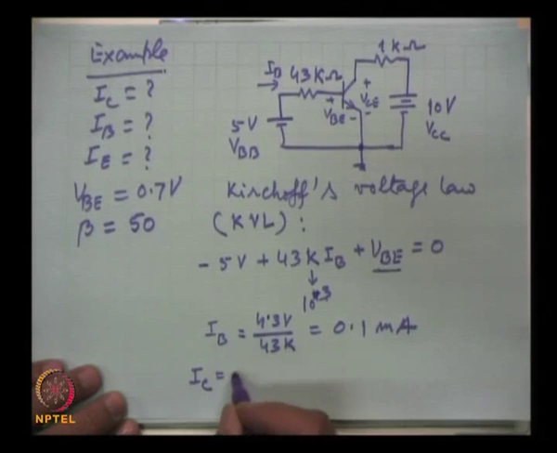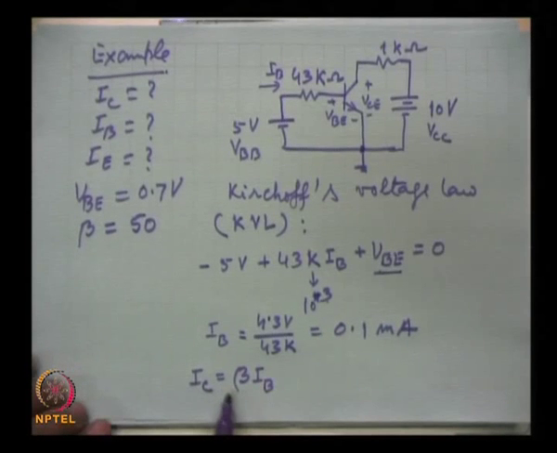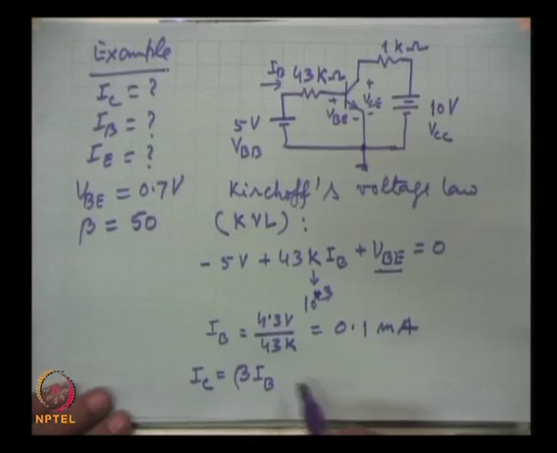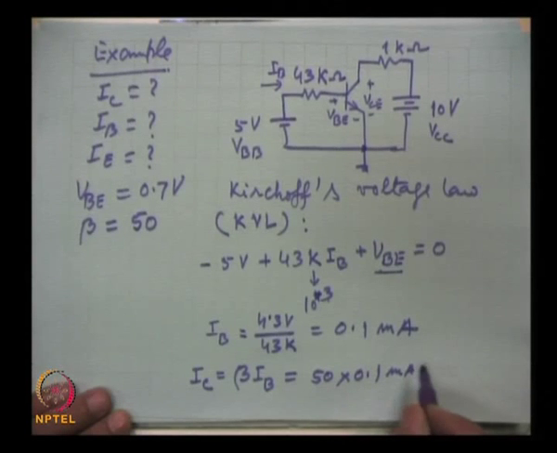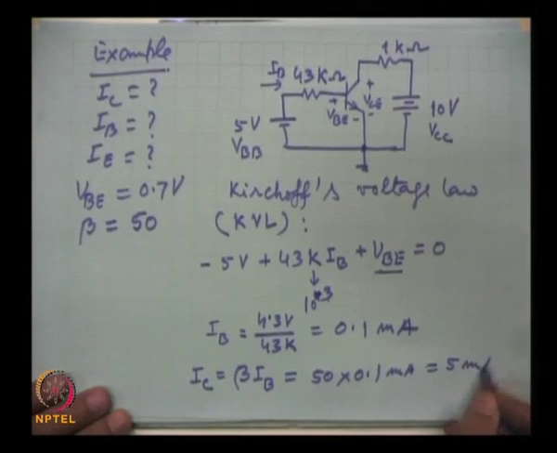IC we know is beta times IB, because beta was defined as the ratio of these two currents, output current by input current. So, here we can use this relation in this form, very widely used in transistor circuits, and this is 50 into 0.1 milliampere. So, this is equal to 5 milliampere,